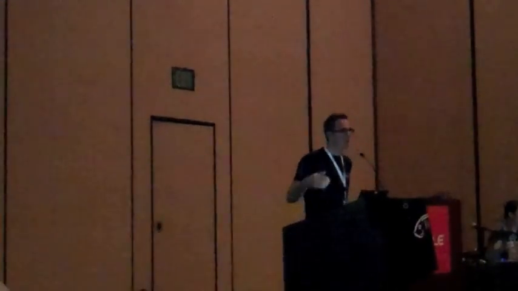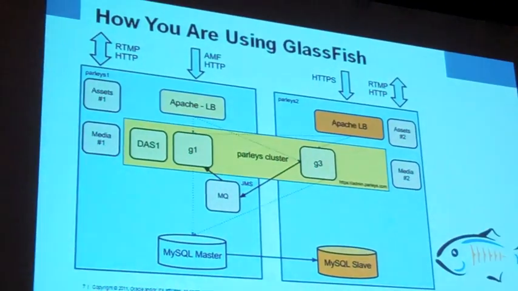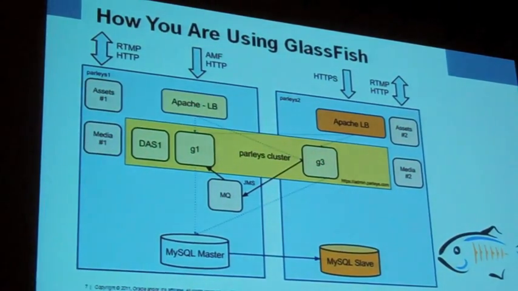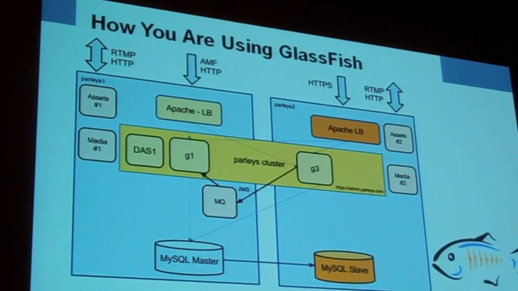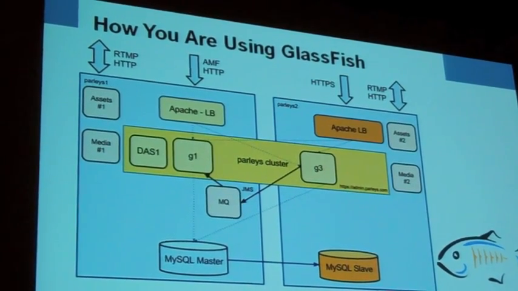The different protocols we're using: well, we're using HTTP for the RESTful support, but we also have AMF, which is a binary protocol used by Adobe Flex and AIR, because it's an Adobe Flex AIR type of front end. So that's basically the architecture. If you want more details about that, feel free to contact me. And I would also like to use the opportunity to thank Java One for assisting in this setup, because he lives in Belgium, I live in Belgium, so it was easy to collaborate on that.